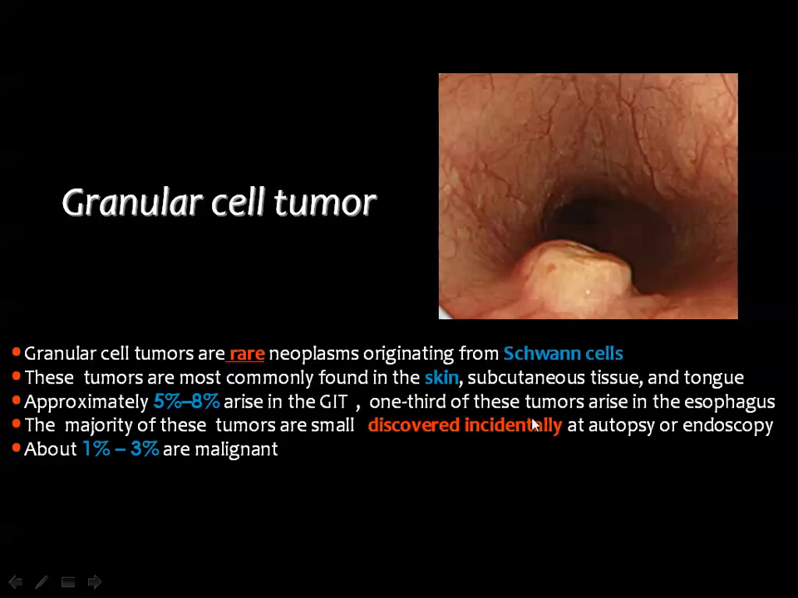Granular tumor is a rare tumor arising from the Schwann cells, and these tumors are commonly seen in the skin, the subcutaneous tissue, and the tongue, but may also be seen in the GIT, and 1/3 of these tumors of GIT origin are seen in the esophagus. The tumors are usually small, they have a smooth surface, and they may be multiple, and about 1 to 3% may